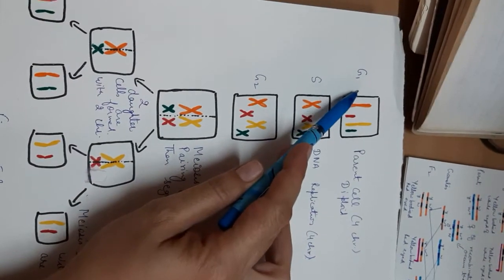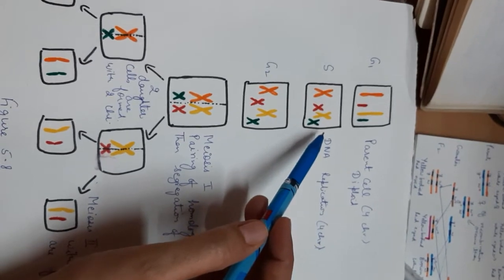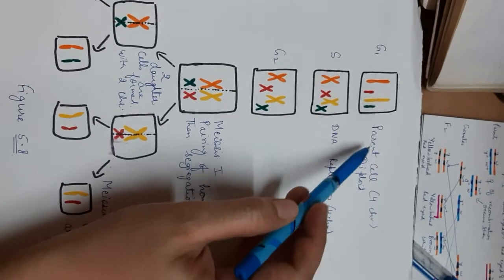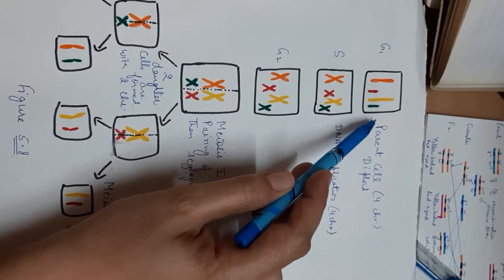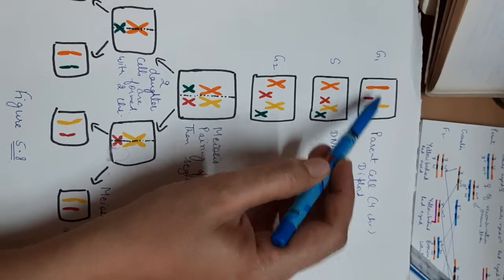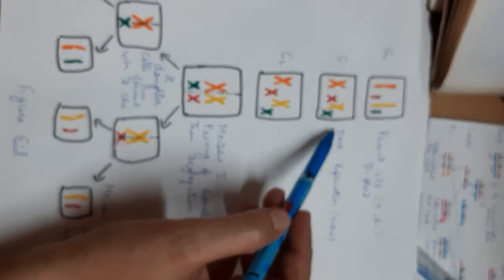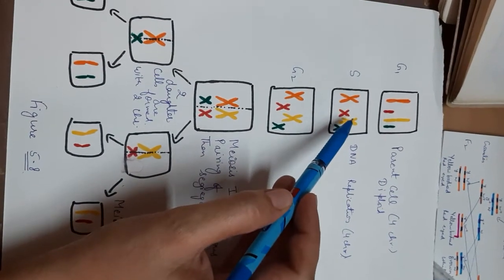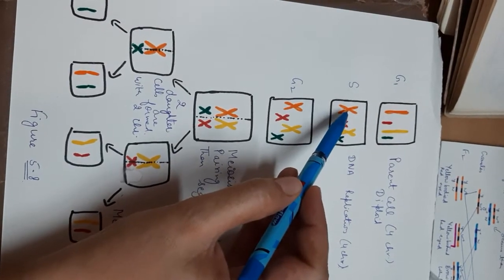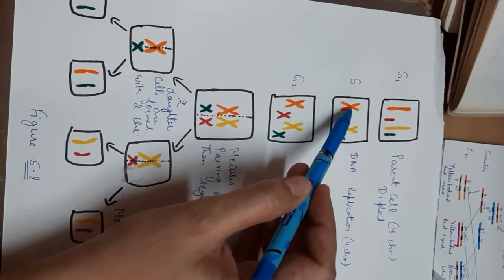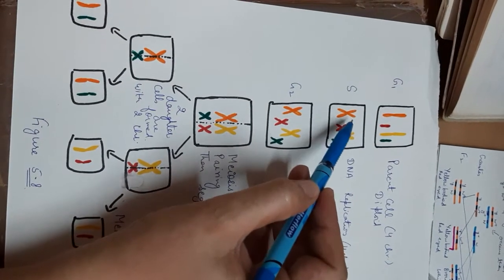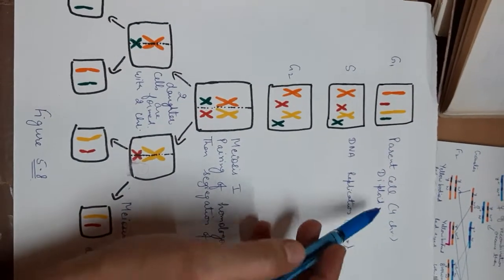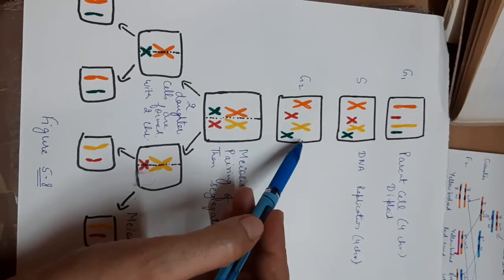This is right now at G1 stage. During S stage, which is also called synthesis stage, DNA replication will take place. As you can see, there are 4 chromosomes and all the 4 chromosomes have only one chromatid. After replication, the chromosome number is still the same, but DNA replication has taken place, so all the chromosomes have 2 chromatids. Suppose this is the first chromosome, this is one chromatid and this is the second chromatid of the same chromosome. Replication has taken place, so chromosome number remains same. Then it is a G2 stage.